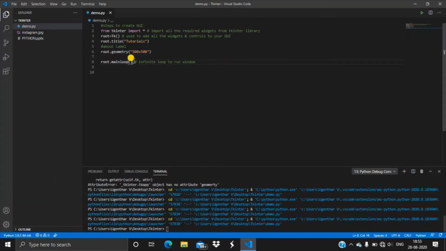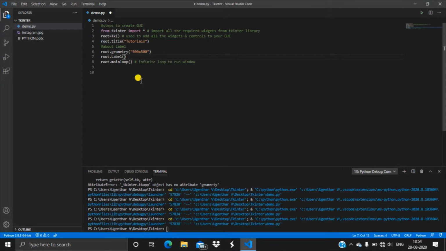To add a label to your Tkinter window, you should use the label widget. In order to use it inside the Tkinter window, you should have the parent of the window, which is nothing but the root.